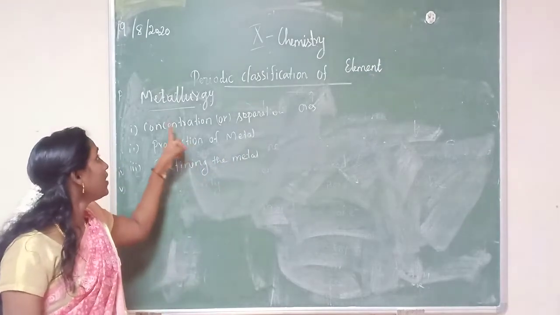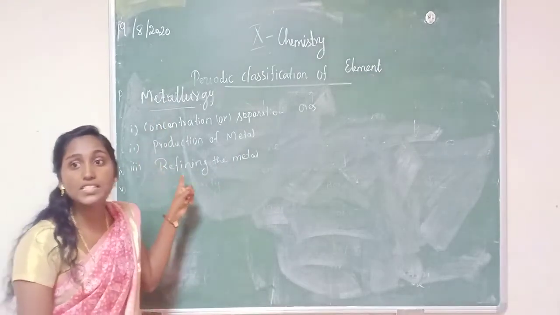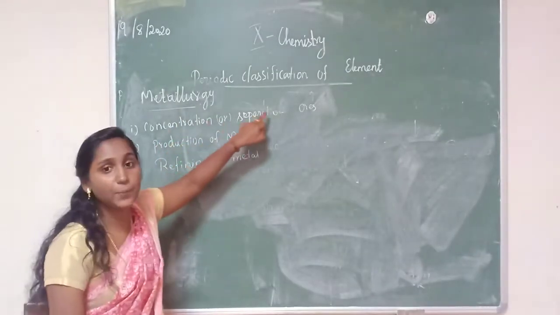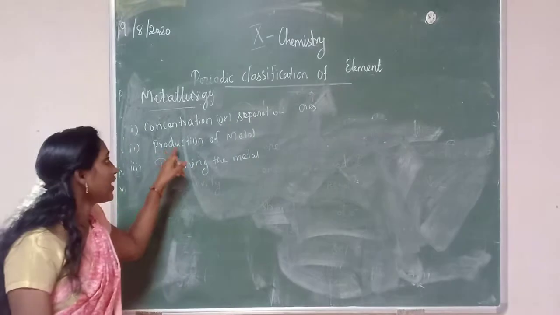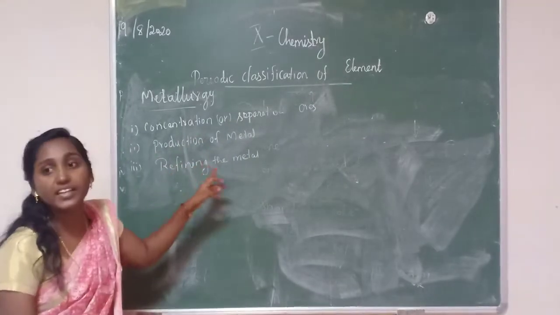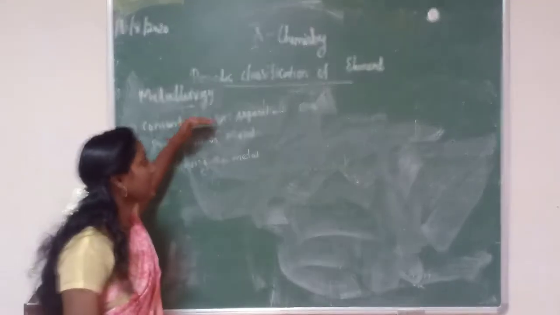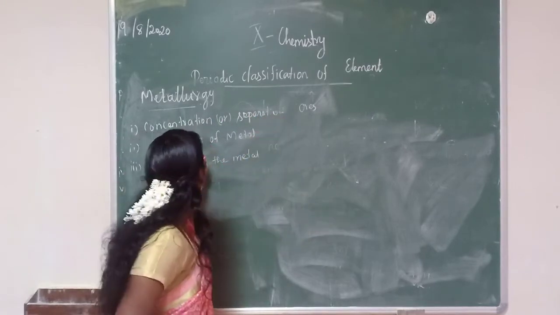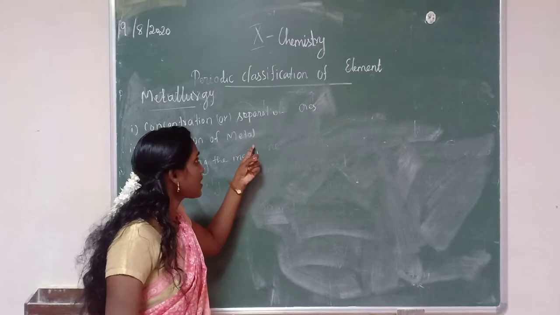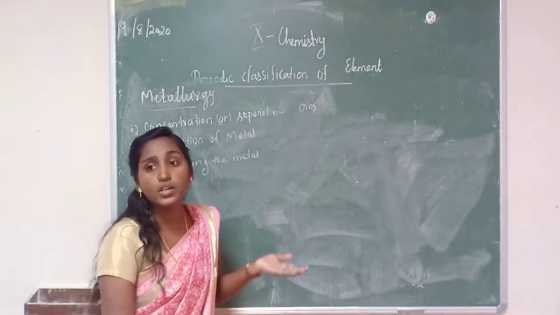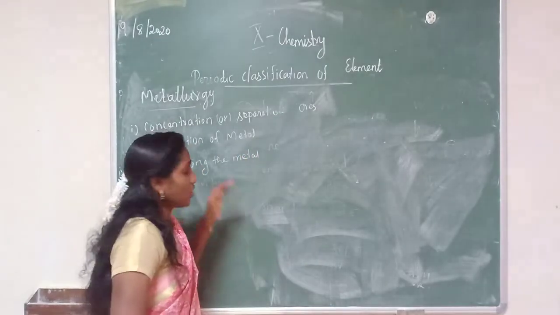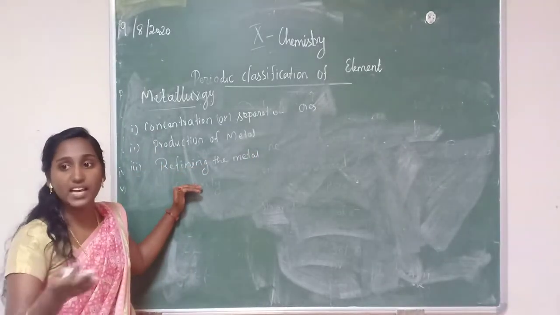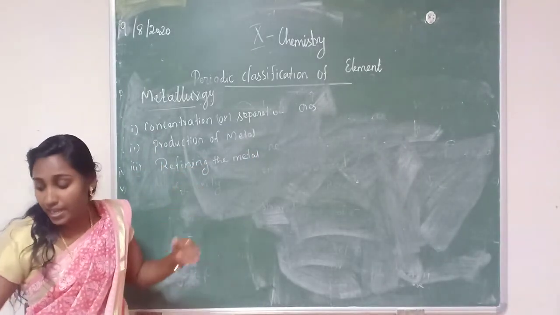Have you understood the metallurgical process? How many steps are we using? 3 steps. What are they? Concentration or separation of ores, then production of metal, then refining the metal. Concentration means to remove the impurities, production of metal means convert the ore into metal, and refining means to purify the metals. Can you study? Then next,